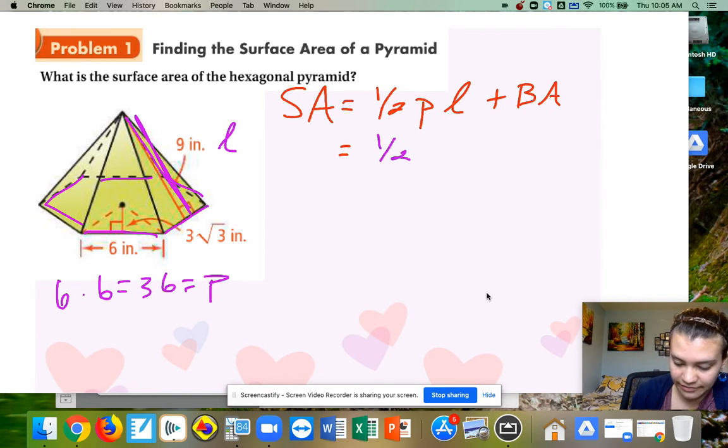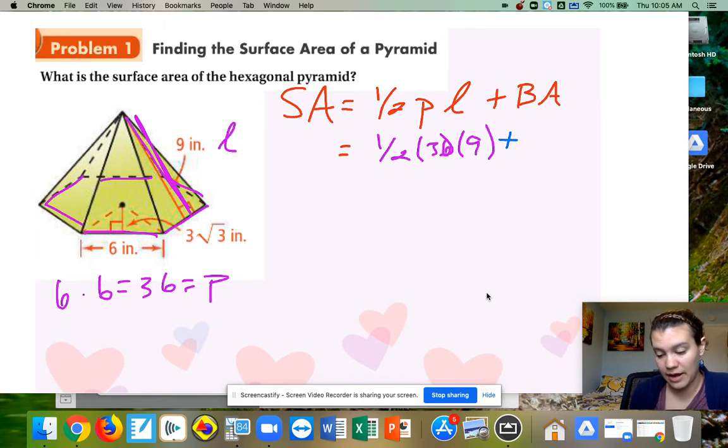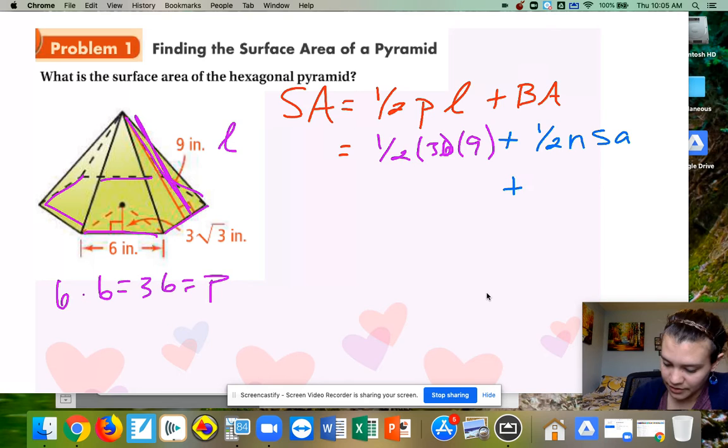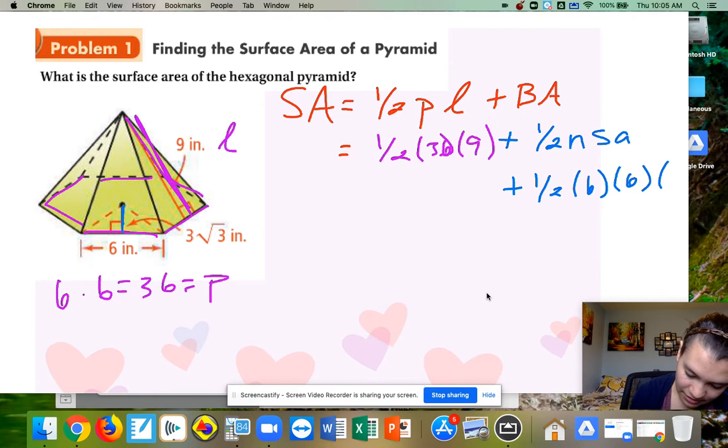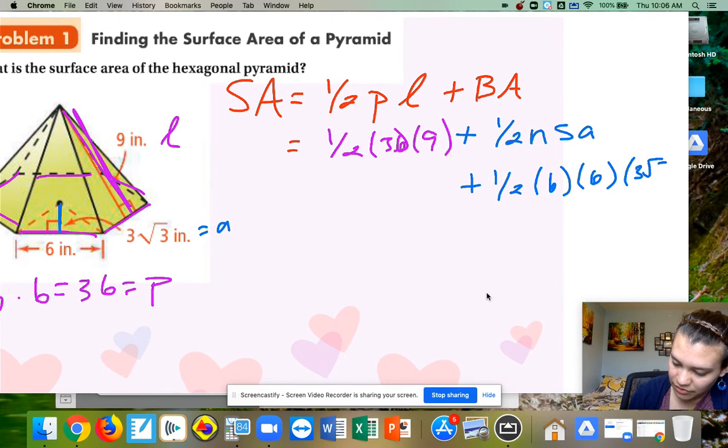So you have 1/2 times 36 times 9, and then we have to find the base area. So here again, this base area is going to change based on what shape you have. Since we have a hexagonal base, you're going to use the 1/2 nsa formula for a regular polygon. So n is our number of sides again, so you have 6 sides. s is your side length, which is 6. And a is your apothem, which is going to be right there, so 3 square root of 3. And we can bring down our 1/2,